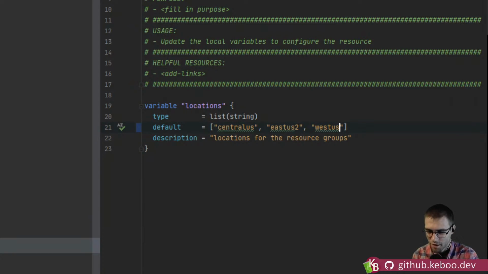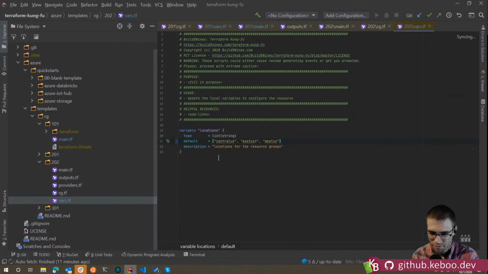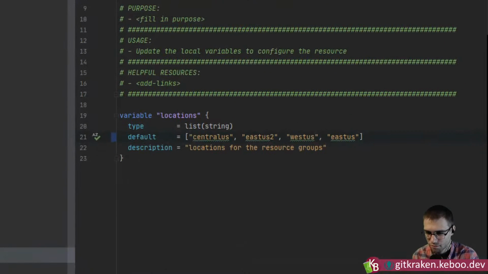I guess we must have really wanted to scale a lot. So like going multi-region, and actually using the concept of region pairs. Central US and East US 2 are region pairs, kind of sister regions in Azure. For things like storage and Azure Site Recovery, you can use those regions together to do replication. Same thing for West US and East US 2. So if I wanted to have four regions, both of them pairs, I would do something like that.